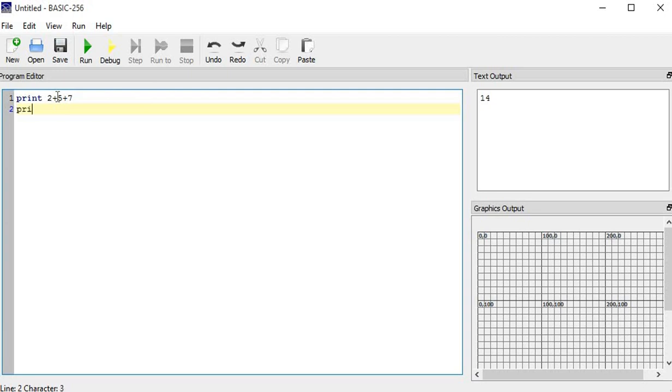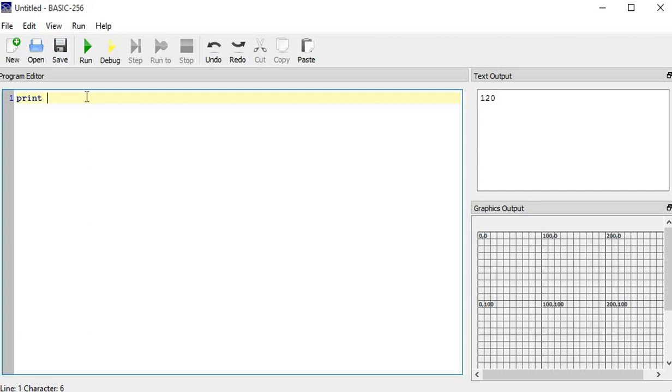Now say if I want to subtract, 10 minus 5, let's run the program. I have 5 over here. You just have to put the subtraction operator. What if I want to multiply a number? Then 10 multiplied by 12 I will do 120, just a multiplication operator.